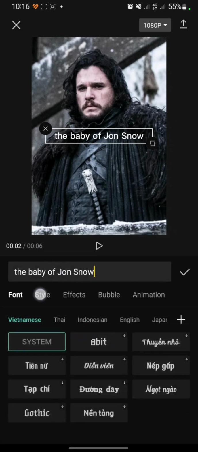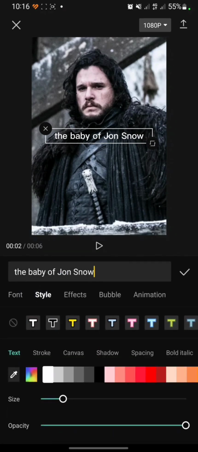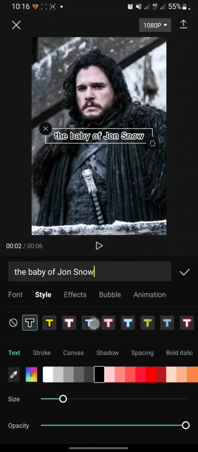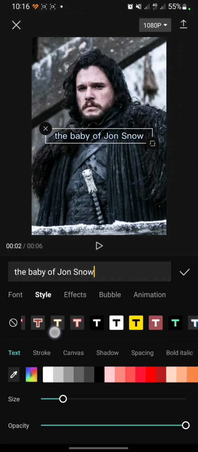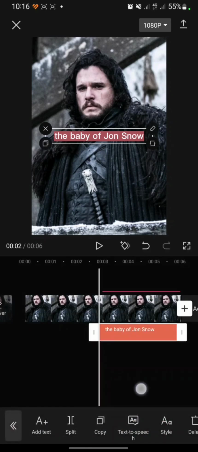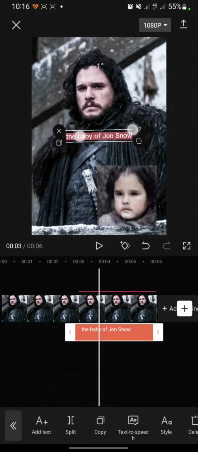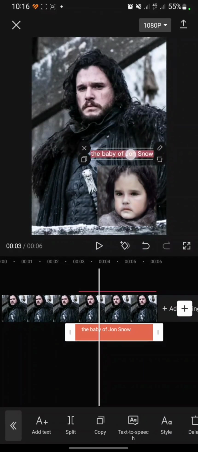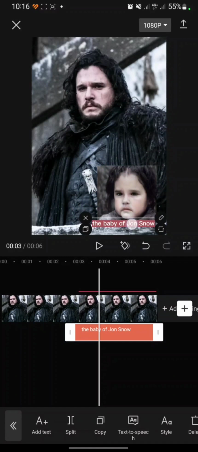Don't forget to use style, and then choose the style. I will choose this one. Click save, and then move it to the upper of the, or maybe the bottom of the pictures of the